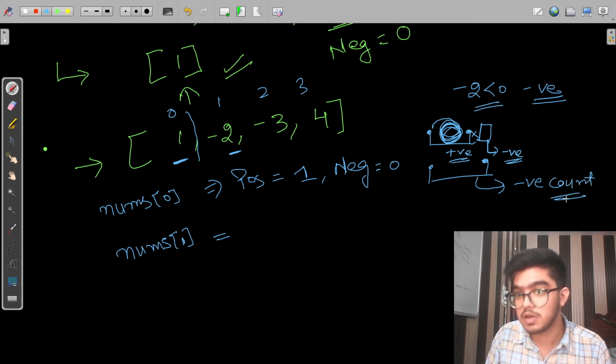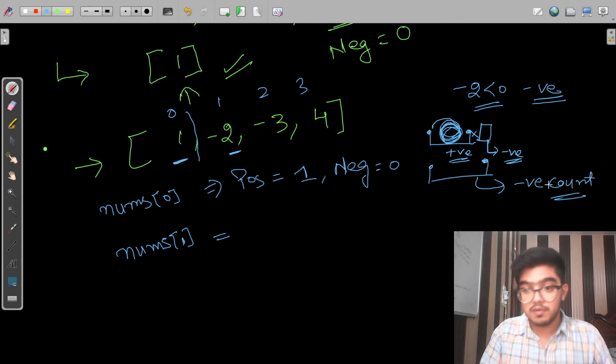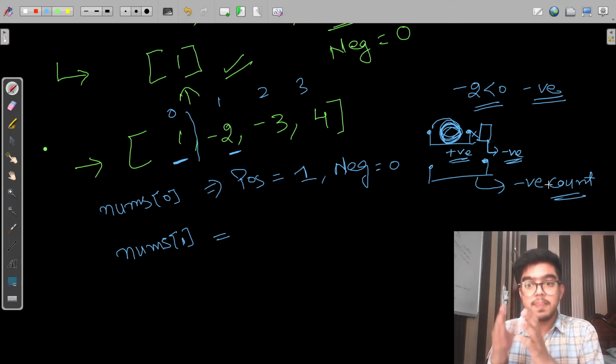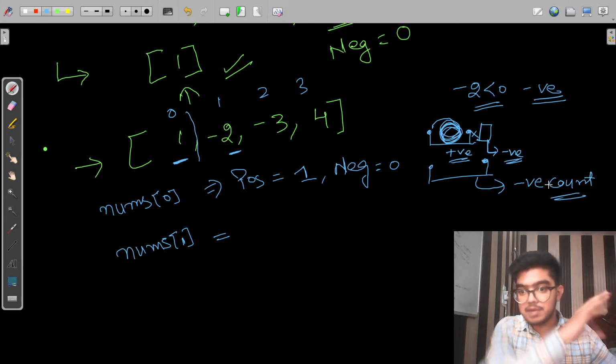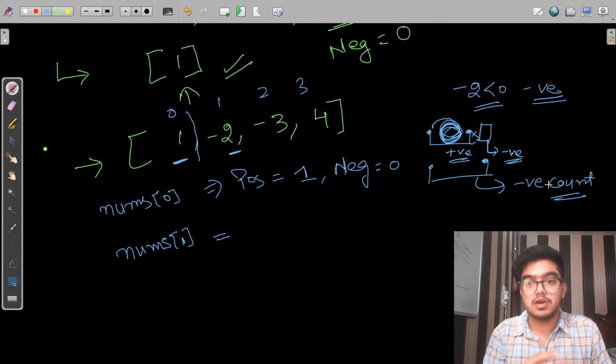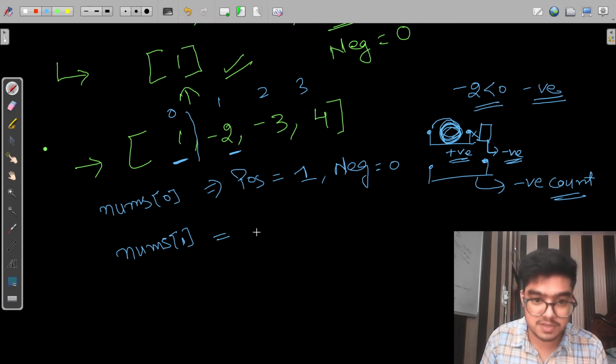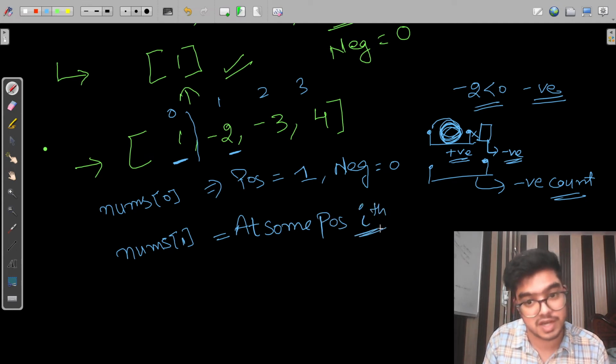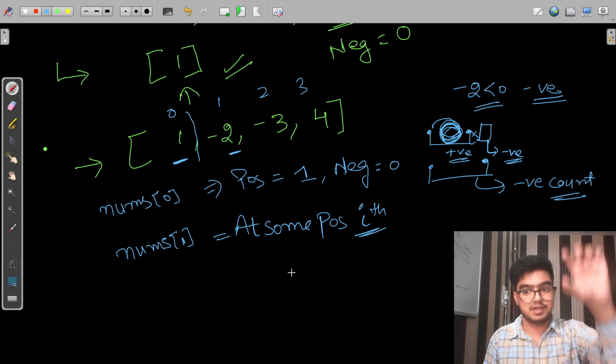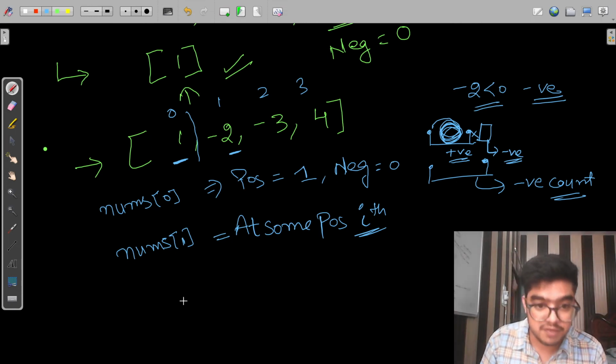Yes, obviously, because whatever the elements before that, they become negative. So at some ith position, we find a negative value.